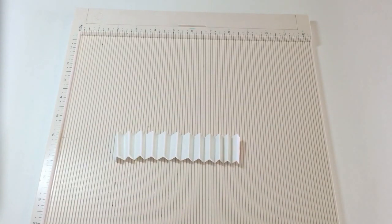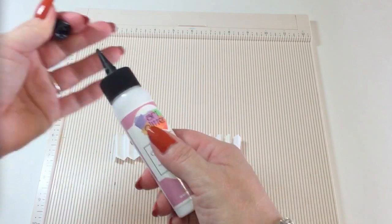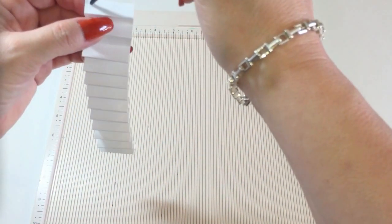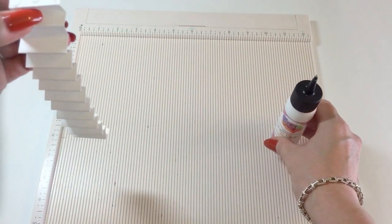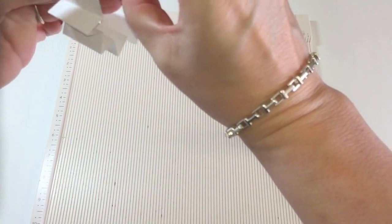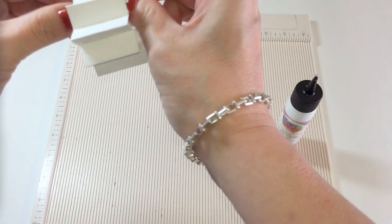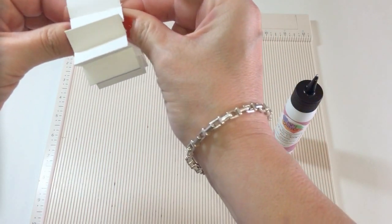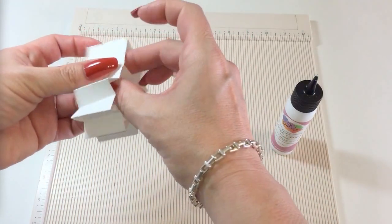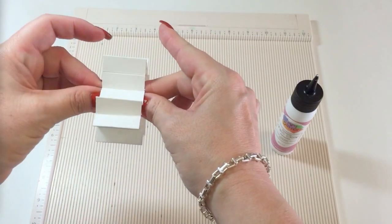I use my favorite glue here, which is art glitter. It dries clear and I use it for most of my projects. I also saw a tutorial that uses a hot glue gun, which I think is fabulous too. I just didn't feel like using it, but whatever you're more comfortable with is fine. Okay, so once that dries,